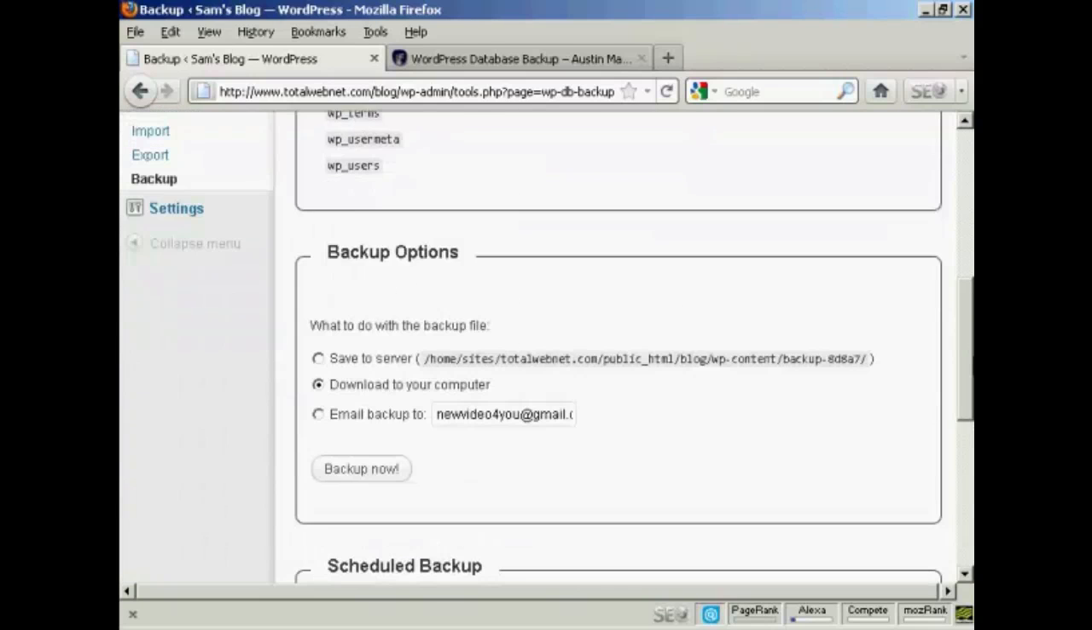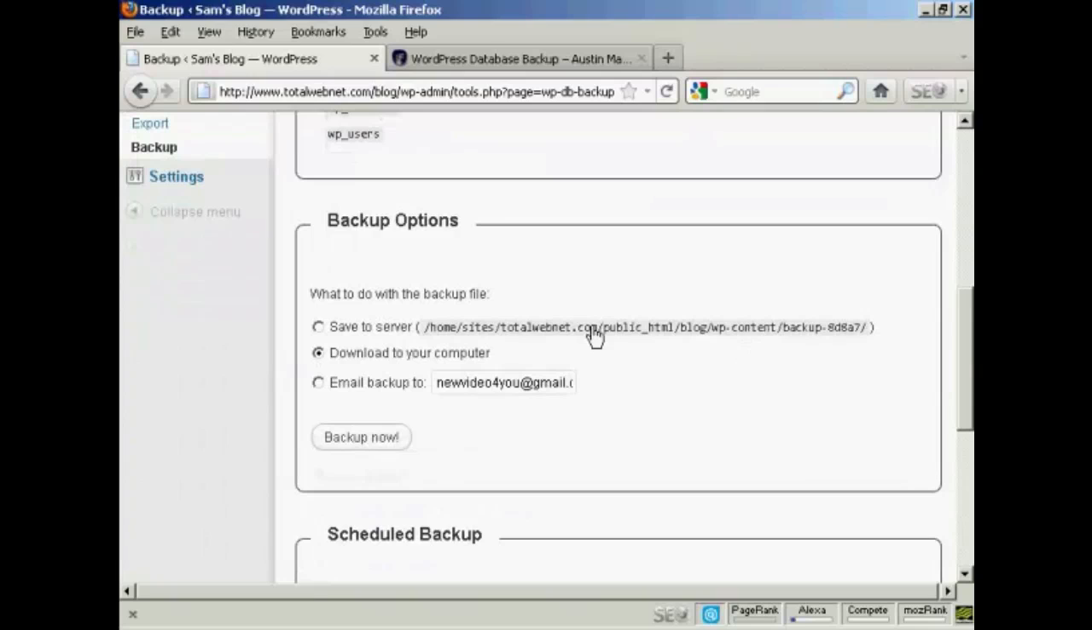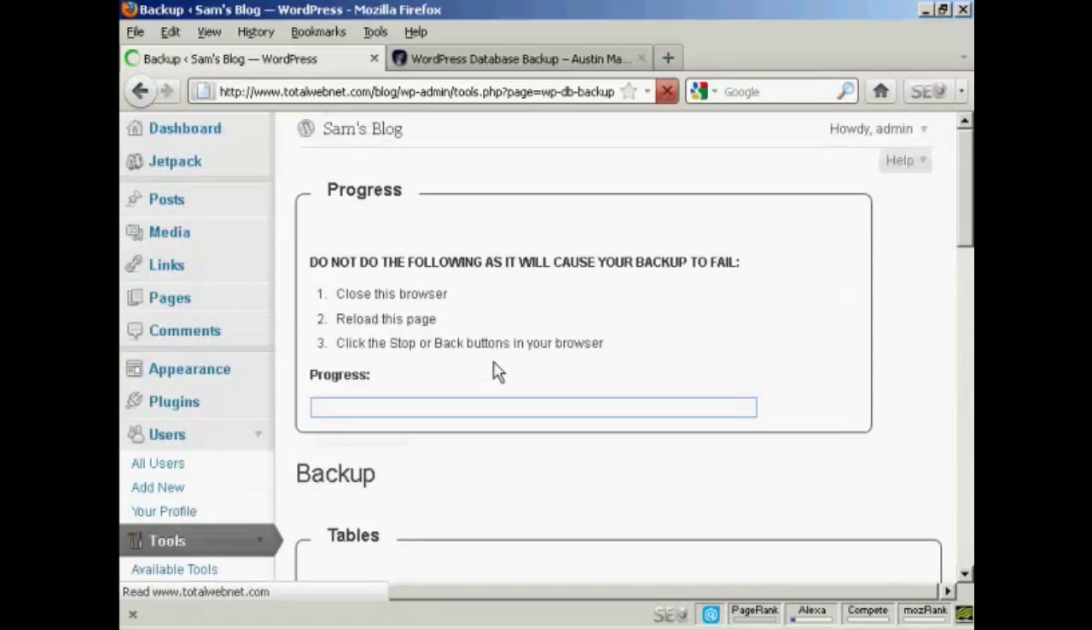And then you have the backup options. What you can do is download it onto your server, download it onto your computer, or email the backup either to the email address that you've already got configured as part of your WordPress blog, or to any other address that you want, really. And once you've selected the option you want, click on Backup Now. In this particular case, I'm going to download it to my computer,